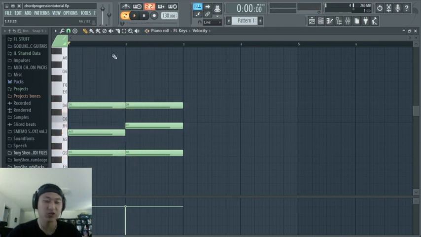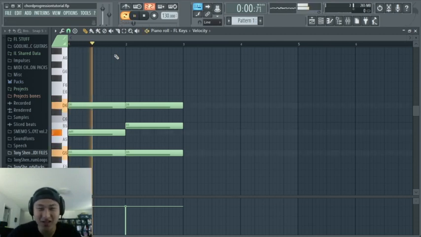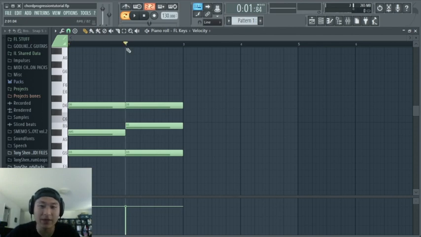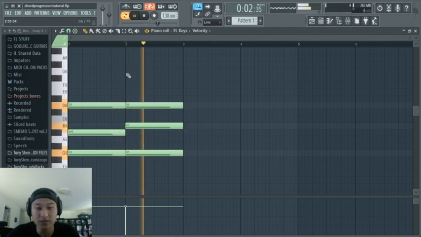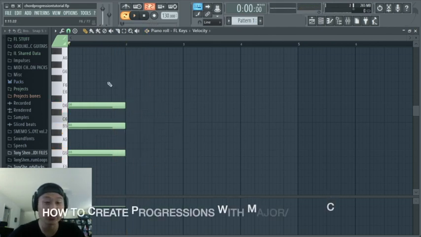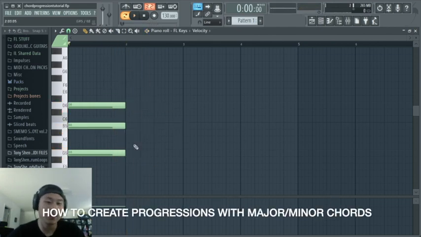Here with the minor, there's more tension going on. But with the major, it's more uplifting and happy. You hear the difference? So now you have a G major chord, and you can play around with this more,